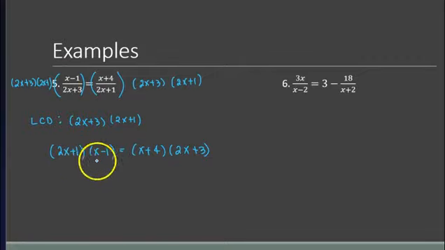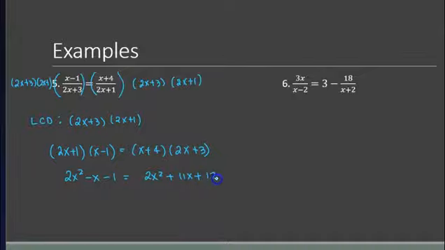So we're going to distribute. You have 2x squared. I'll do the FOIL: negative 2x and x is negative x, and then negative 1 and positive 1 is negative 1. On this side, we also have 2x squared, and if you do the FOIL, this will be 8x plus 3x, so that will be 11x, and then 4 times 3 is plus 12.